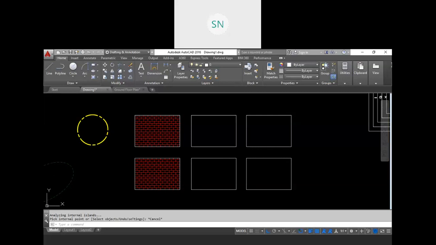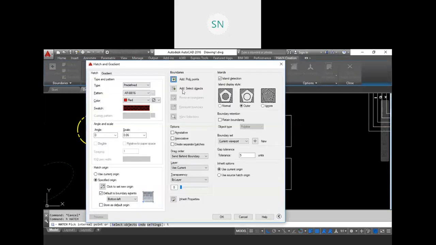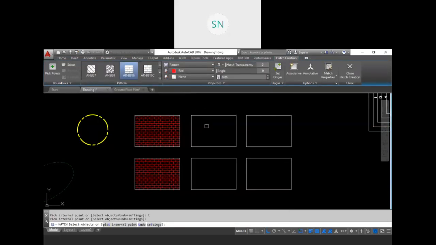So with the pick point, let me explain. With the pick point you have to go inside your closed boundary and the hatch will be displayed to you. But when you use the select object option, see, we have to select that object where we want to place the hatch.